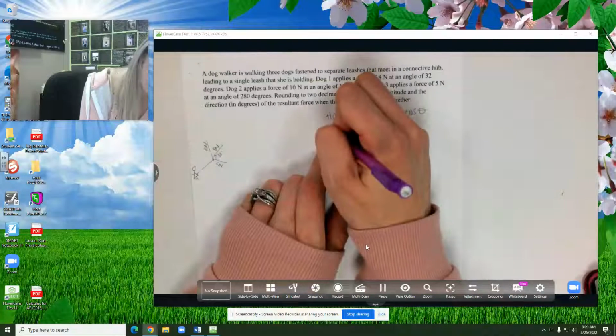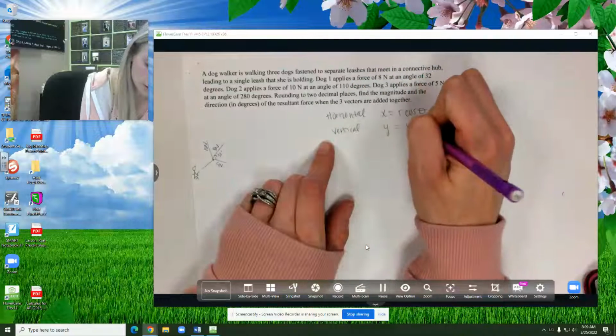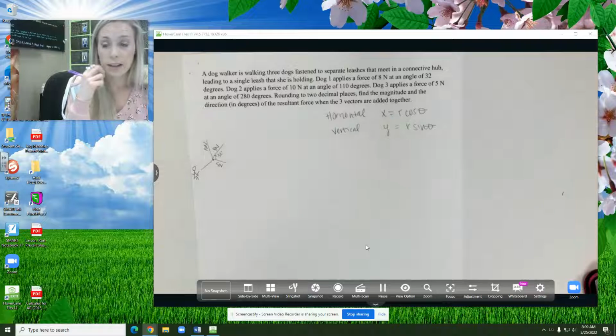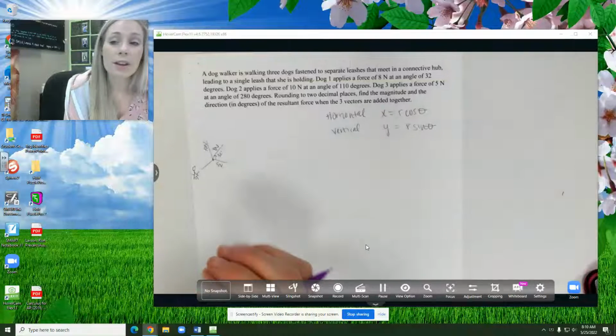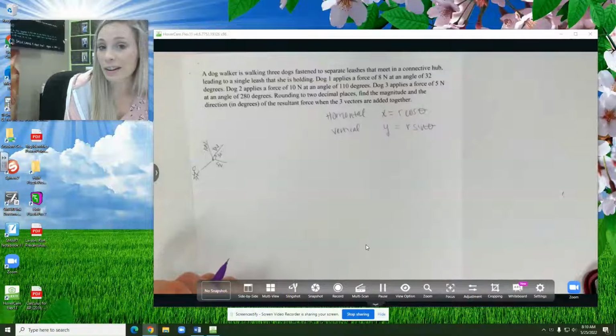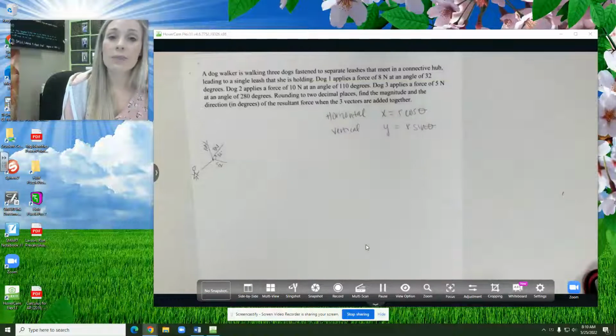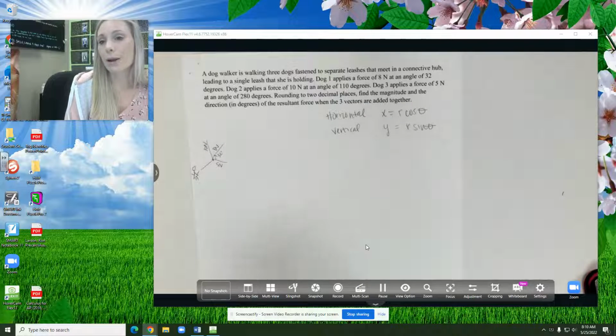The vertical components are going to be the magnitude of your vector times sine of theta. So if I can find all of my horizontal components and add them together, and then find all of my vertical components and add them together, then I can find what the horizontal and vertical components of my resultant vector